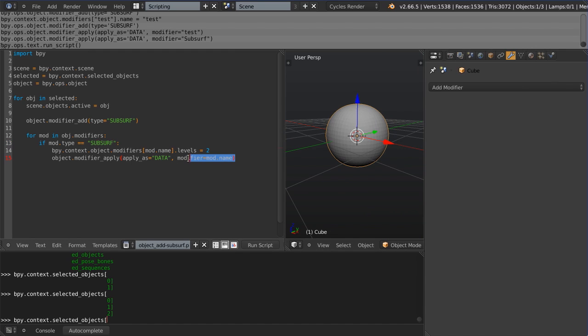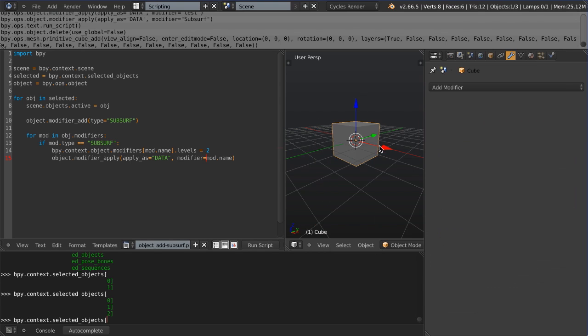In this case, this is not necessary because you may not want to apply all those. But you can start to see where if I wanted to always apply all Subsurf modifiers, then I'd want to use the mod.name approach because that way it's not hard-coded. My code is a lot more flexible. And in fact, I actually did that